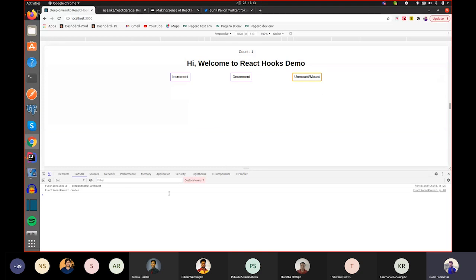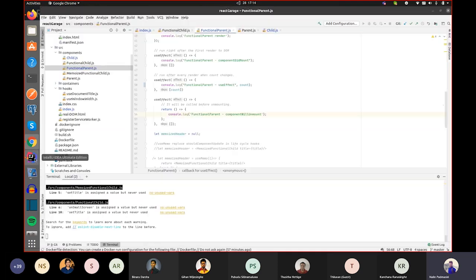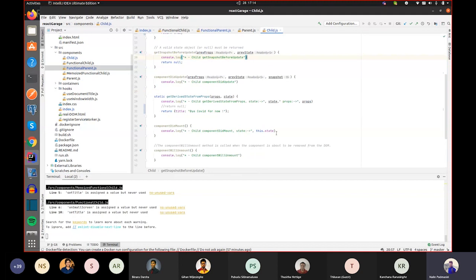Can you see, as in the previous example, I am removing my child from the DOM, so the componentWillUnmount function has been called.